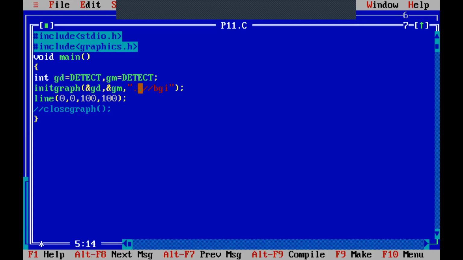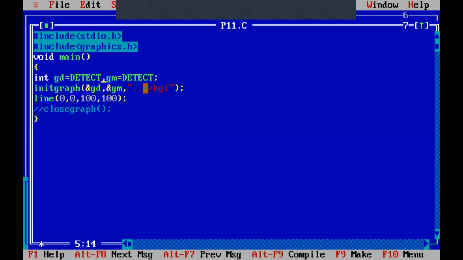and here I will be using the BGI folder. The BGI folder is used for graphics functions. If I know the correct path of BGI, then I don't need to write this dot dot slash. I can write directly c:/tc/BGI.